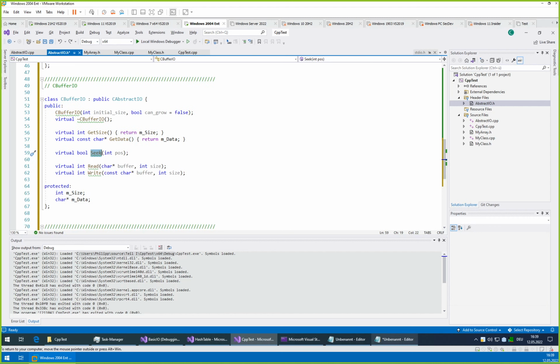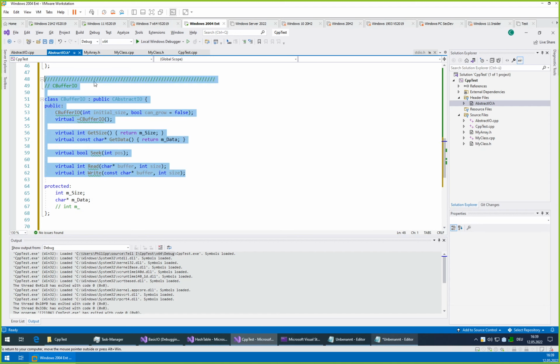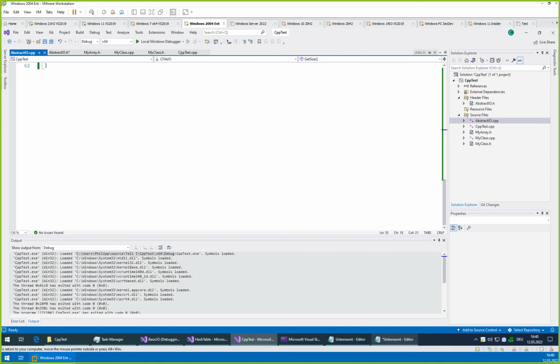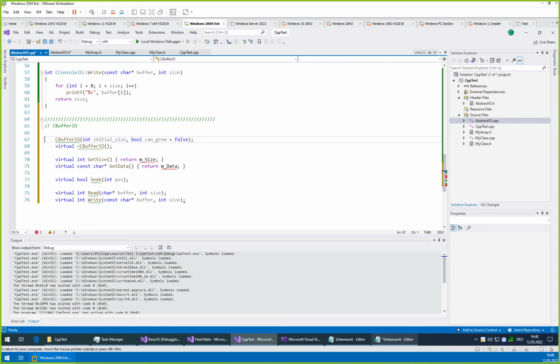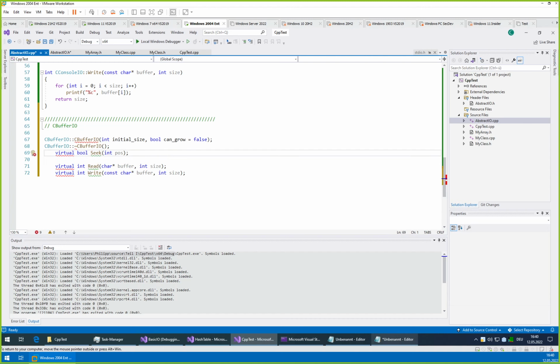So we have seek. Realistically we will need here some more things. Int m_. Yes. So let's copy that part. BufferIO. So this goes away. This one is already implemented.